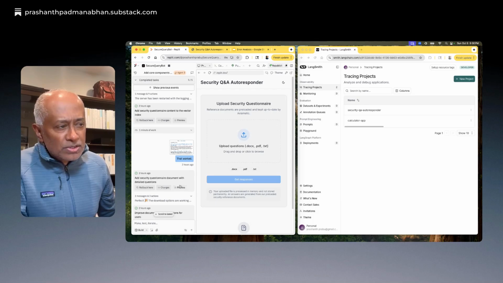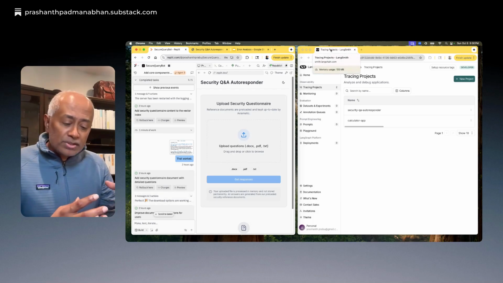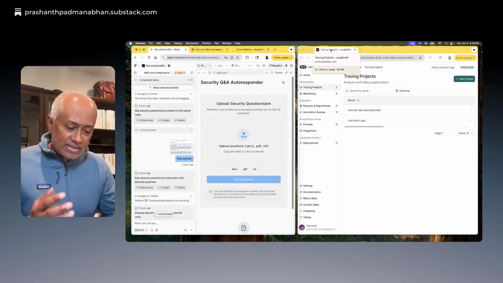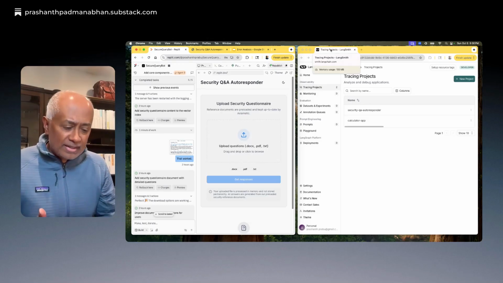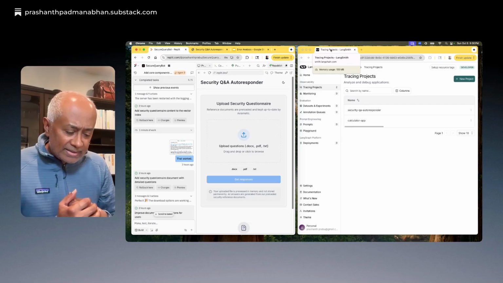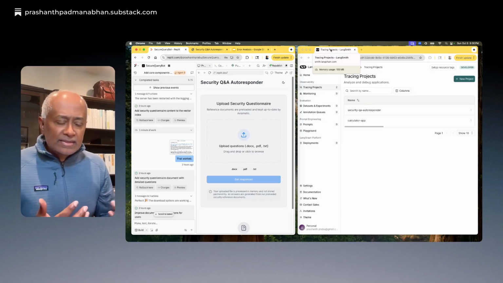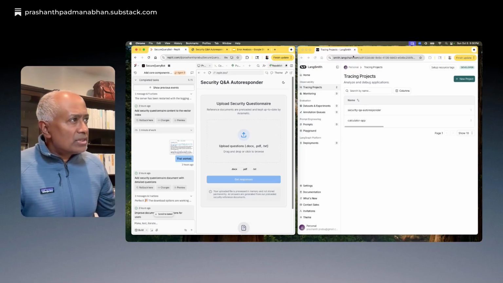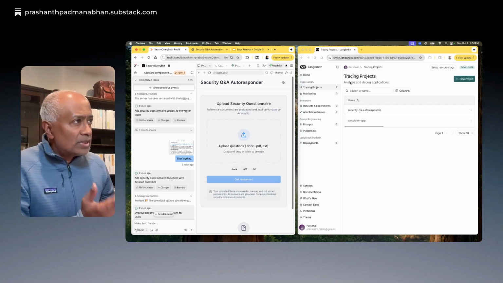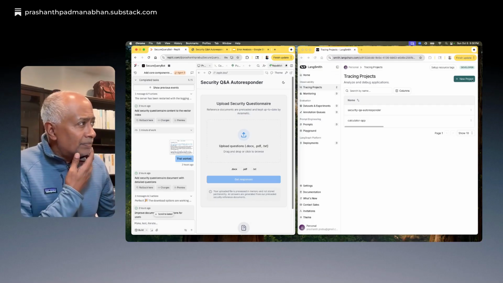Then what I did was, I wanted to do error analysis. I want to run this app and do error analysis. And to do that, I needed some application that does that, and I used LangChain. So I went to LangChain, created a free account, and then created a new project called Security QA Autoresponder, and